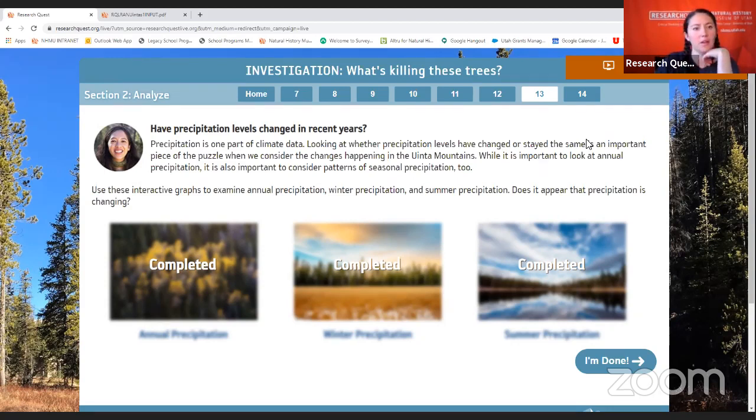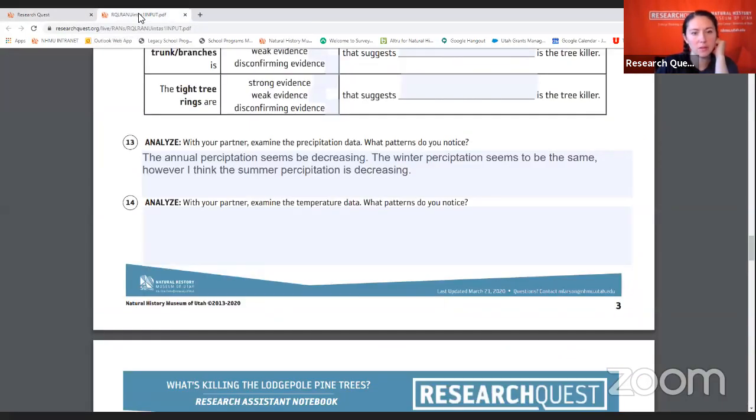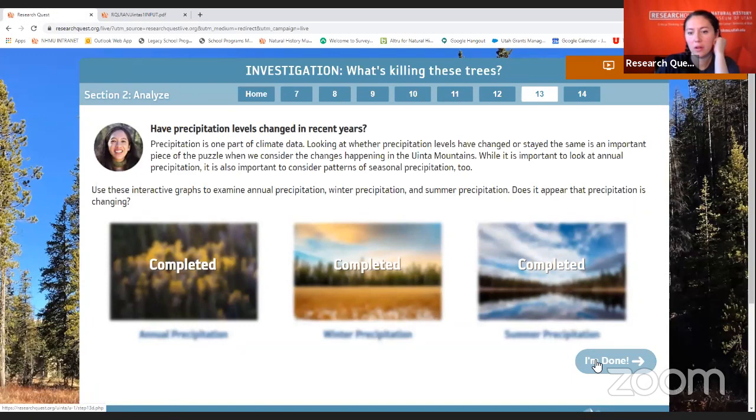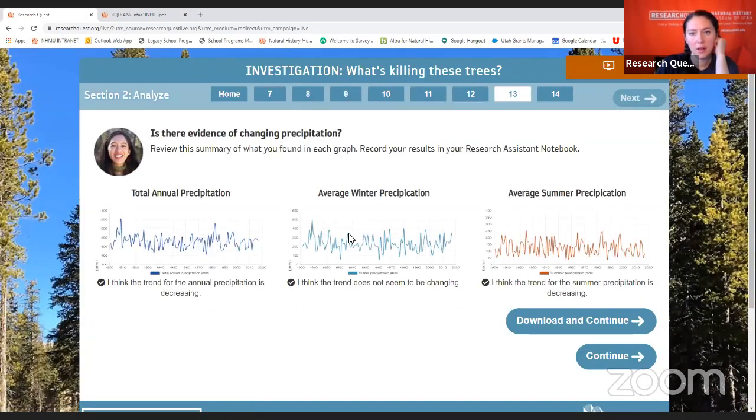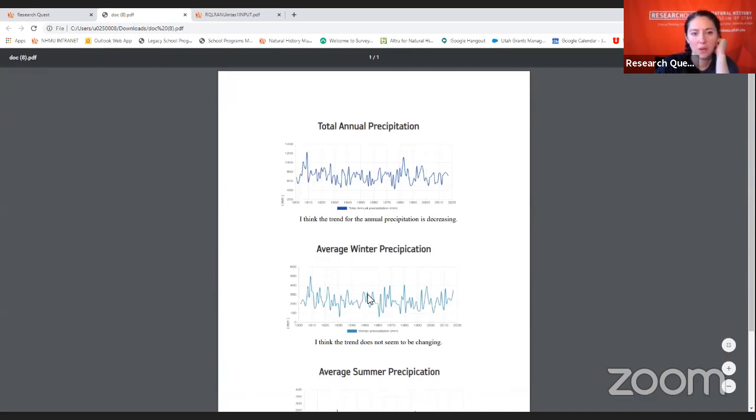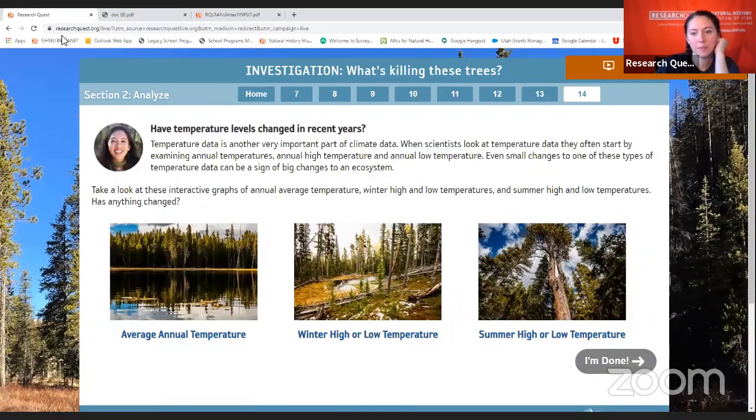Okay, excellent. So I went ahead and worked on the annual, winter and summer, and I added my thoughts to my research assistant notebook right here. Next, we're going to move on to step 14. So I'm going to go ahead and select I'm done. So when you select next, it will take you to this page and you can download it for your reference. You can download that and save it onto your computer if you want to keep that in your notes. Now on step 14,